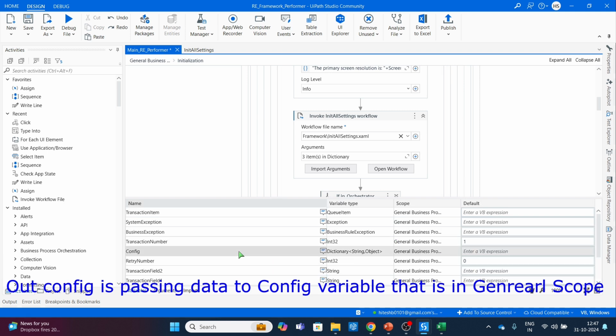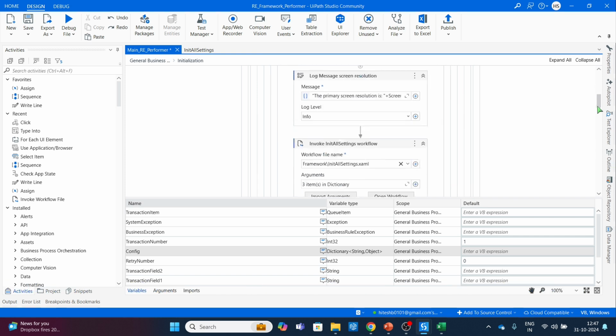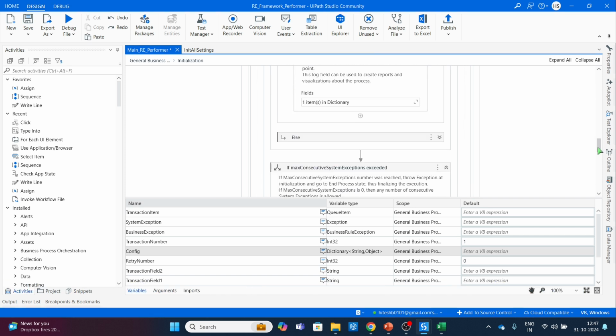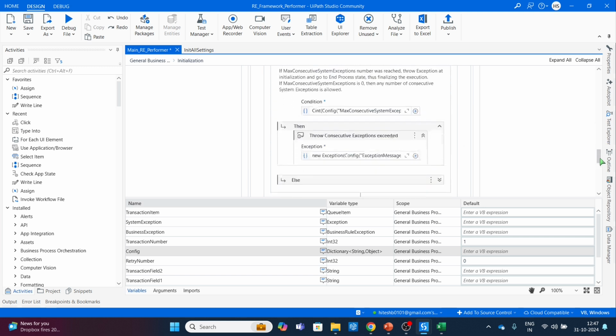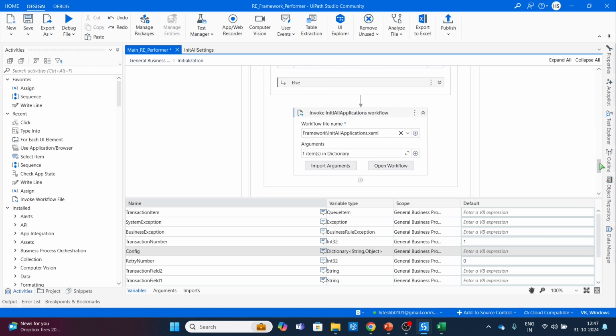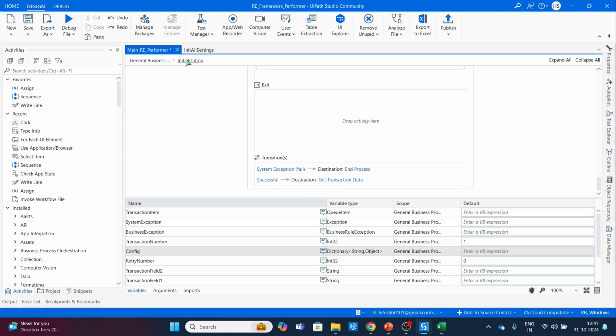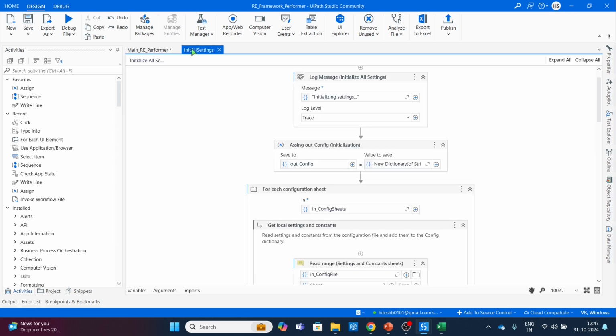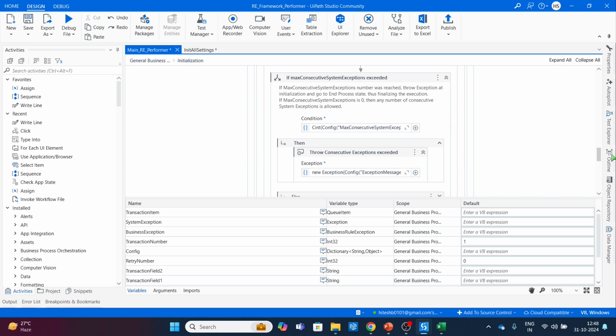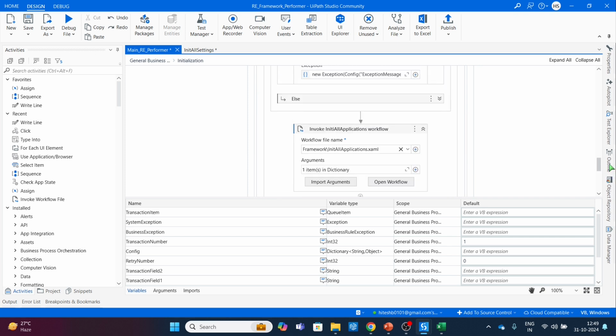So that out config is assigned to this config. So how can we see? We can just go in this init state only. We can try to print that value anywhere. So in this state, I will come in the end,